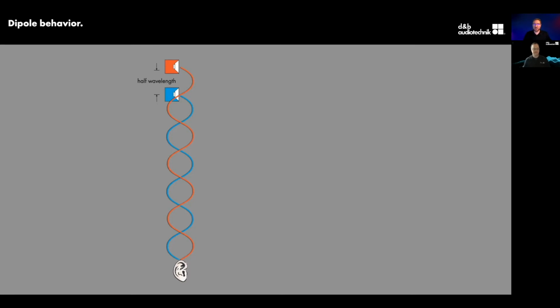So if we're talking about the Q7 and say it's in portrait orientation, we have really excellent pattern control in the vertical, so that you can hang it above someone who's talking into a microphone and you minimize feedback into that microphone. You also minimize energy into the ceiling and it reduces the diffuse field. You can also rotate that cabinet 90 degrees so you can minimize energy bouncing off walls. So, first step into directivity.